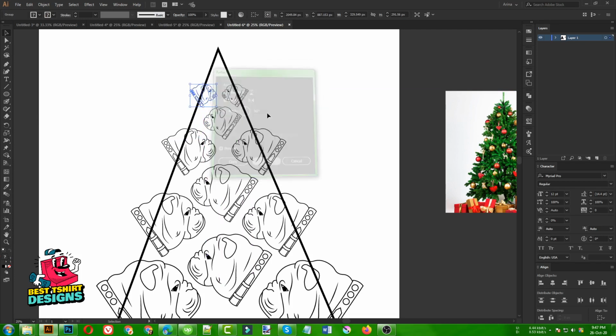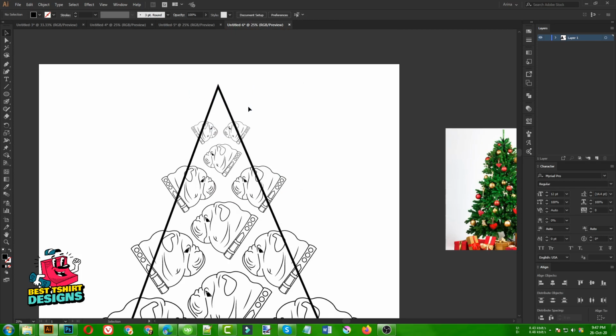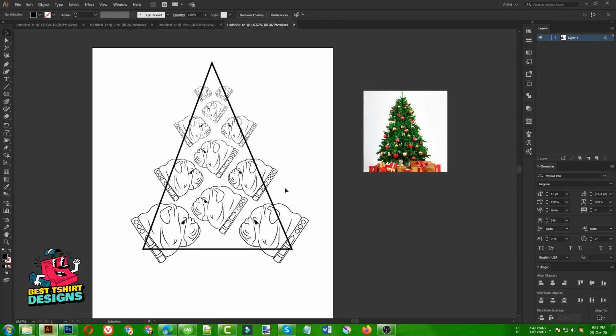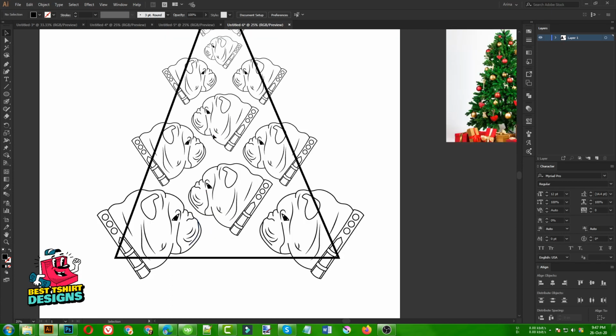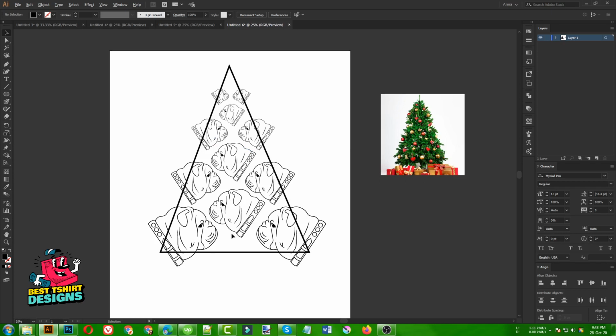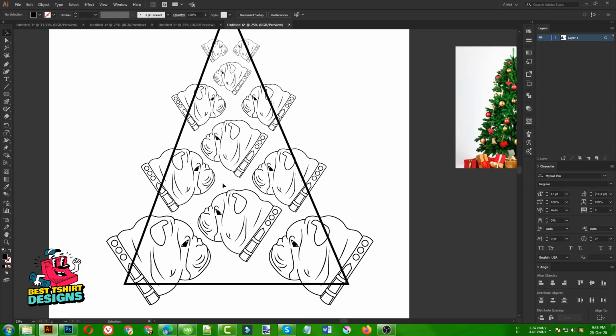You may have seen this kind of design. There are tons of designs like this, and if you are working with a niche like a dog niche, then this is really a good quality and style of design. You can use any dog you want, like a pit bull. I'm using an English bulldog here. You can take any dog niche you want. You can take cats, whatever your niche is. So it is really a good way to make this kind of design.